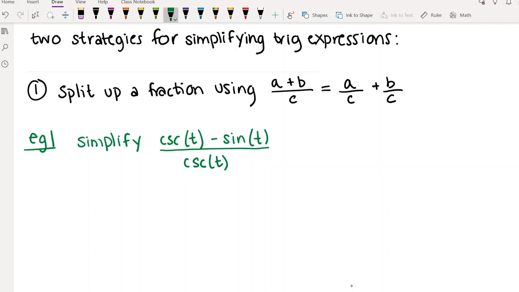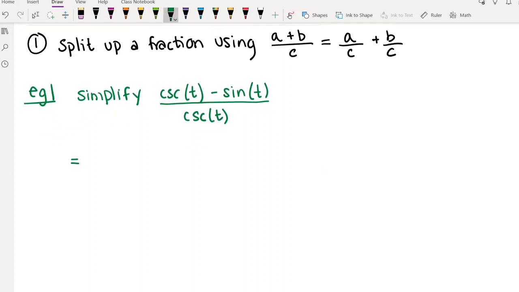Well, first of all, it looks like this, right? You have a fraction that can be split apart. But we'll see some more examples later today where there's an easier way to do them, where doing it this way would take longer. The reason that in this case it's a good way to do it is because you can easily see that if you were to split this up, you would have cosecant of t over cosecant of t, right? Which is 1. So if you can see something obvious like that, where you can definitely tell it's going to simplify if you split it up, then that's a good hint that you should use this method. So if we split this into two fractions,